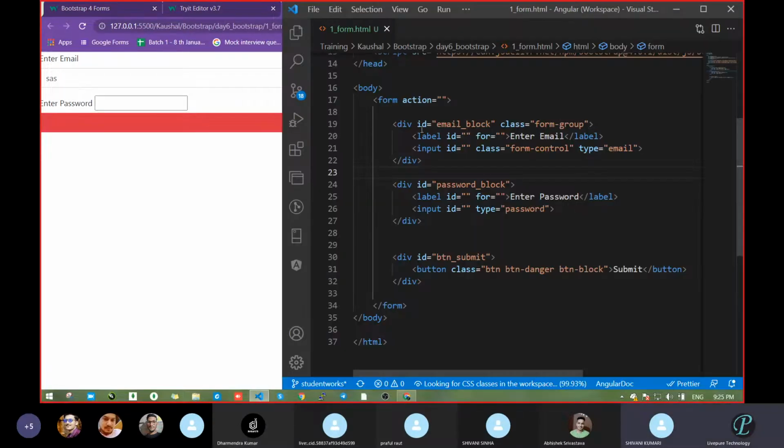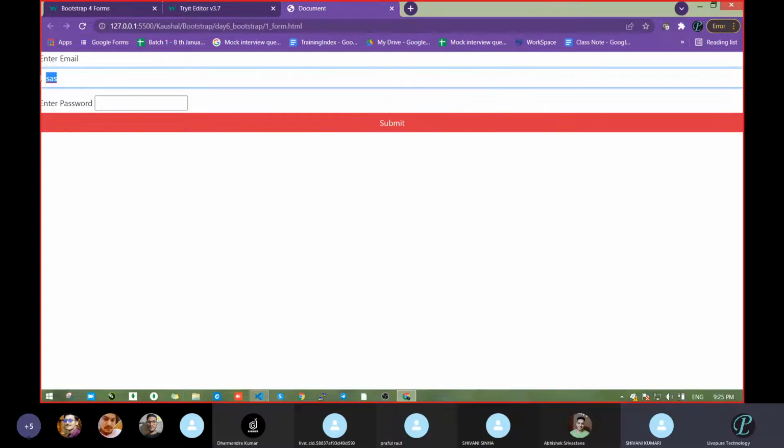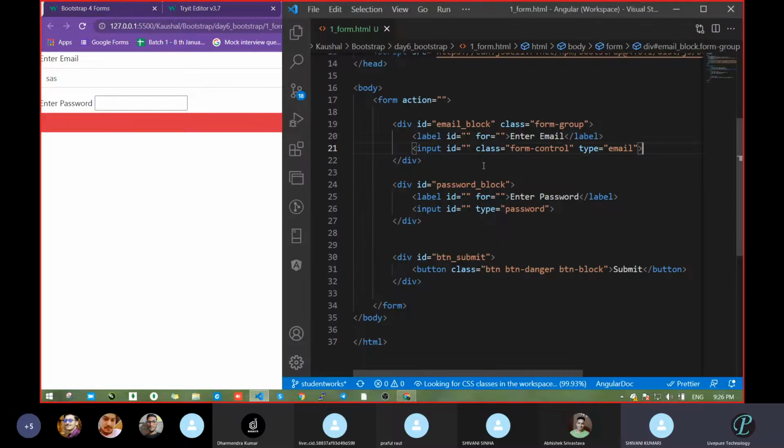Next. So in each div, what will we do? We will pass one class that is form group, and in each input field, we will pass one class that is form control. Due to that, it will make it a block level element, and the input field, wherever we passed this form control, will start on a new line.